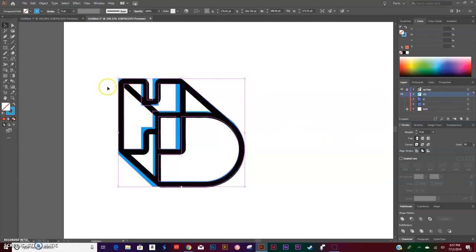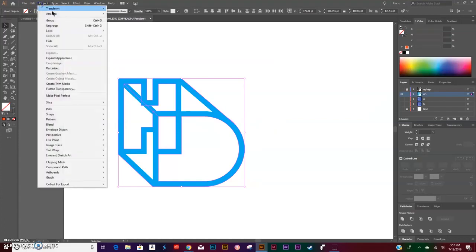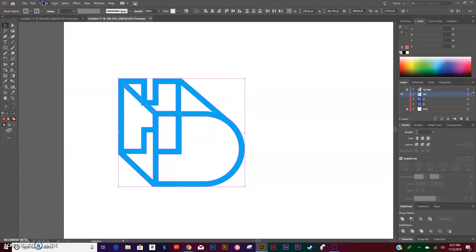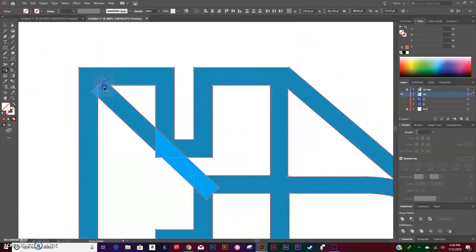We have one more connection to do, which is this H to the D. Using your line segment tool, hit this anchor point, select this anchor point. We're going to round this right now, so don't worry too much about that. You can select all of it now, go to Object, Expand Appearance, Object, Expand Fill and Stroke. Select all. Using your shape builder tool, zoom in to this part, join this,